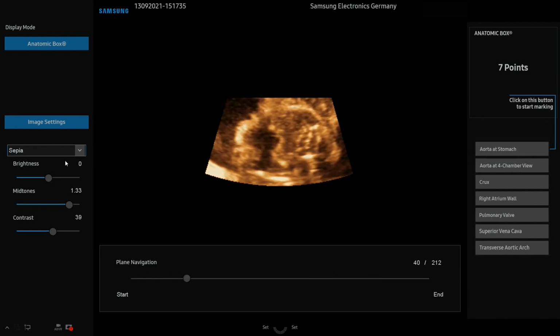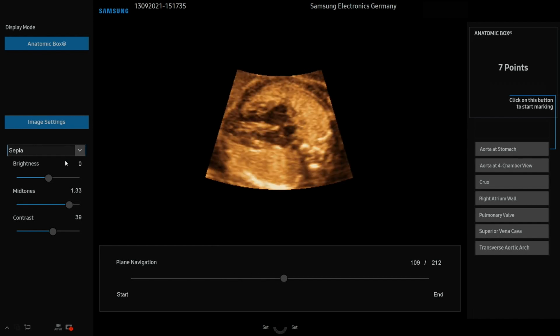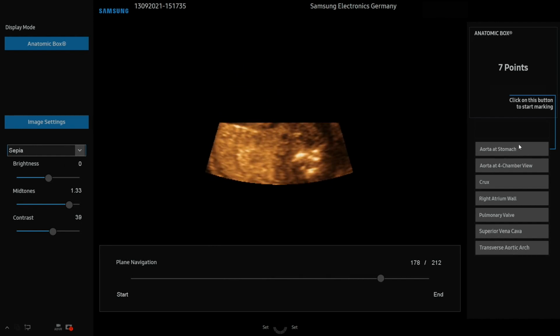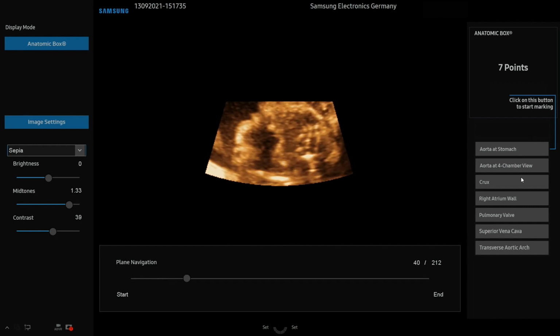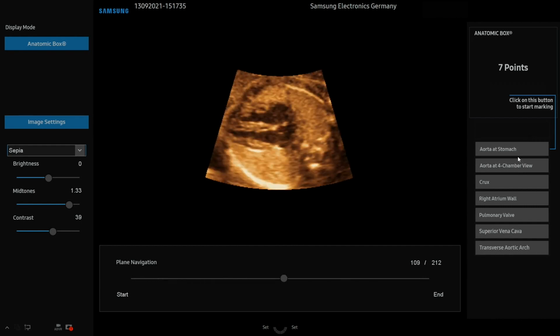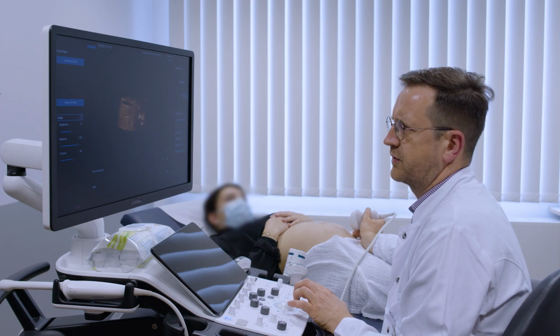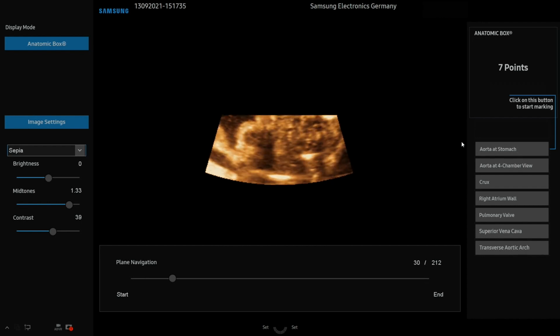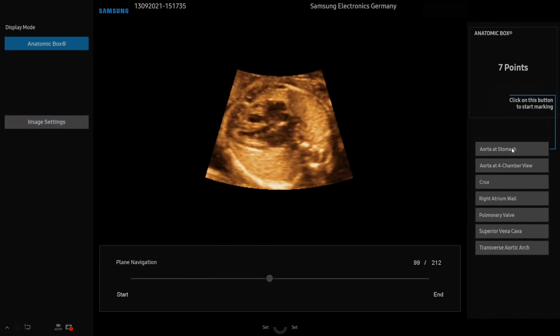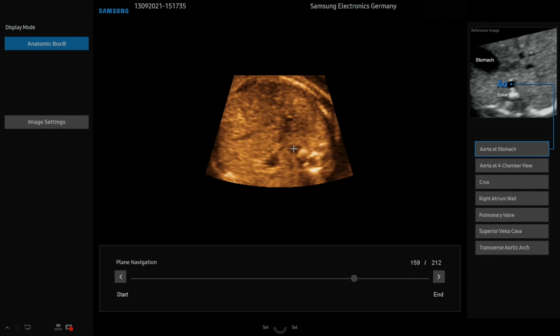And you see here on the right, I have to mark 7 anatomic structures, and prior to this I can assess the image quality in this 3D scene, and I see here that all the anatomic structures are captured within the volume. And I start with the aorta at the stomach. You see on the right side, upper right side, there's a template how to mark the landmarks here, and I